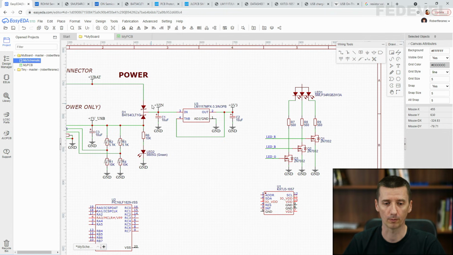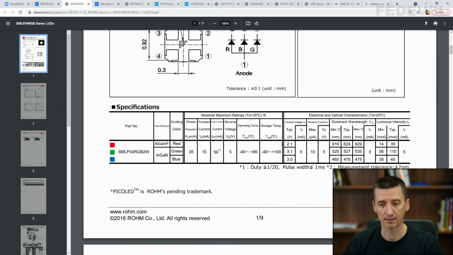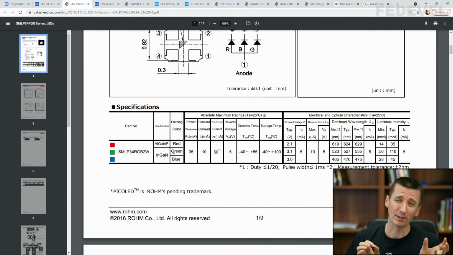So we could connect it to plus V in or 3.3, but there are two reasons why we don't want to use 3.3 volts. The first one is that it can be quite low voltage. If you remember, the forward voltage for these LEDs is 2.1, 3.1, and 3.0 volt. So this means that this green LED may need at least 3.1 volt to be able to work. So 3.3 volt as a power supply may not be the best option.